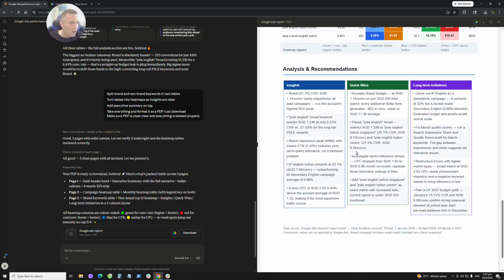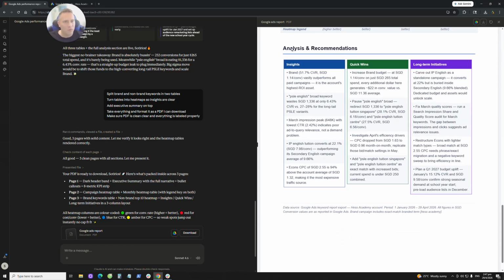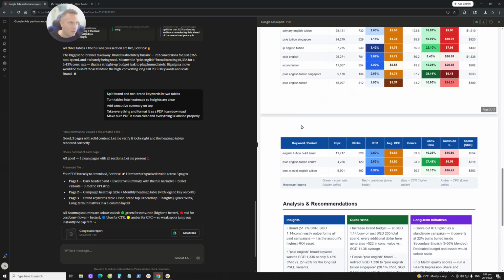Maybe we can also ask the system to improve the way it is giving the analysis and the recommendations with more information, why we should do that, what is more important, what is less important, and so forth. So we can refine essentially this